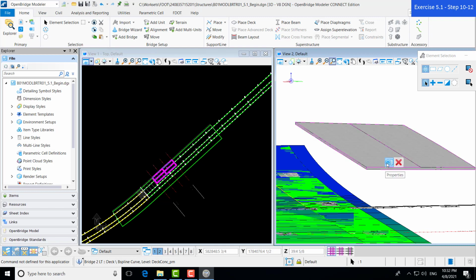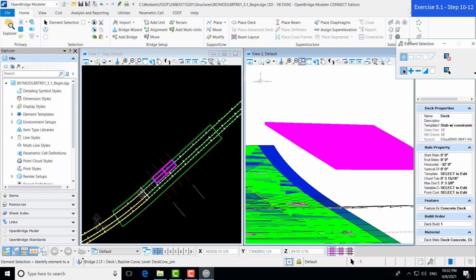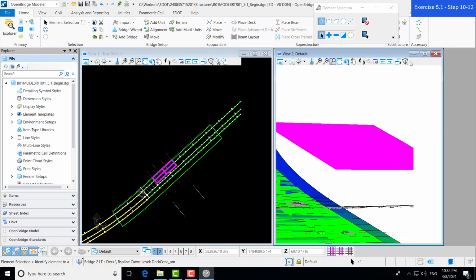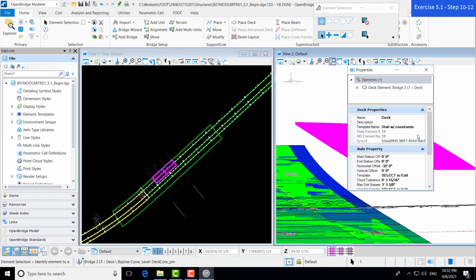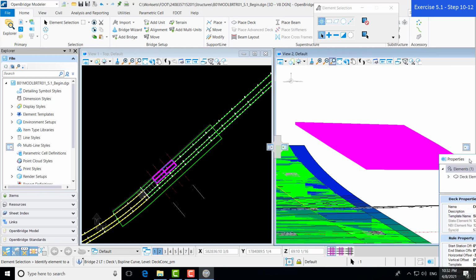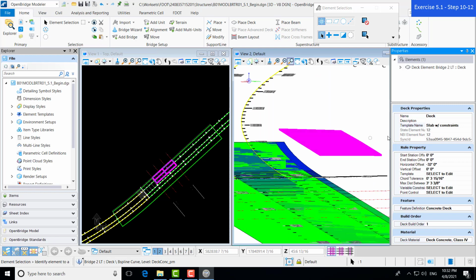So what I like to do is go up to our home tab and under the primary group, select our properties. And this we can just have docked, or it can be a freestanding dialog box. But again, I like to have it docked here on the left side of my window. So now I can go ahead and select. I have the same options here.